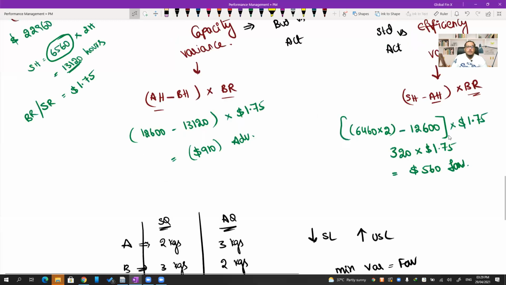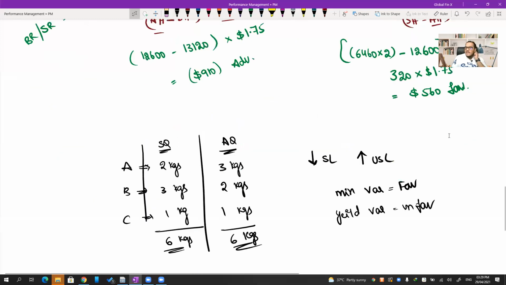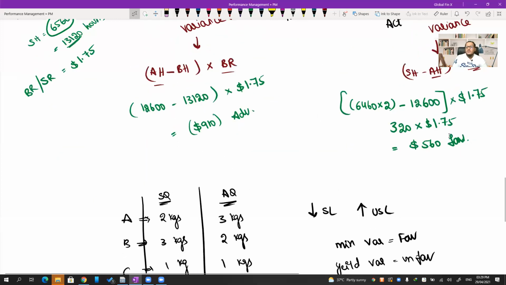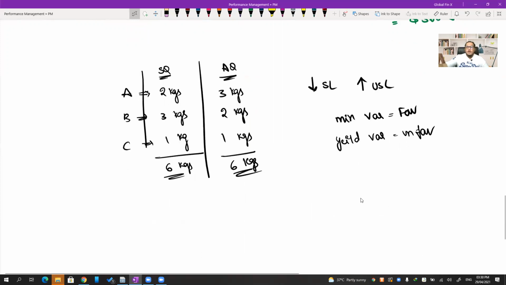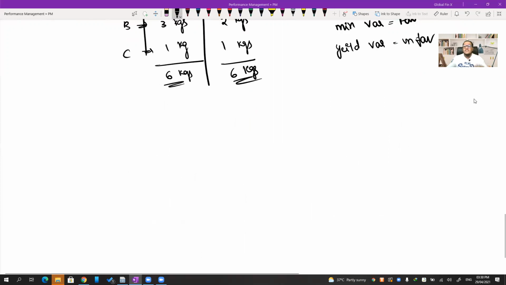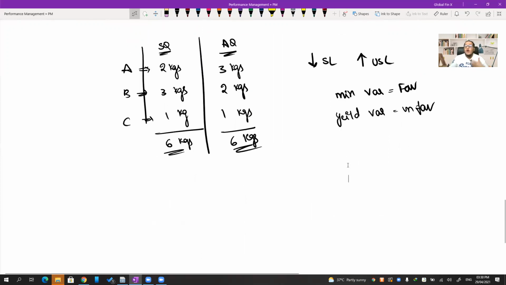Efficiency is further split into 2 parts, mix and yield. You are understanding it now? Everybody confirm, please, very quickly. Guys, please quickly confirm in the chat section. If I'm talking about material quantity, yield is the efficiency level. Yield is basically how much time they are taking to produce the units. If skilled labor are replaced by unskilled labor, their yield and efficiency levels are going to come down, they're going to take more time, so we'll have unfavorable variance.